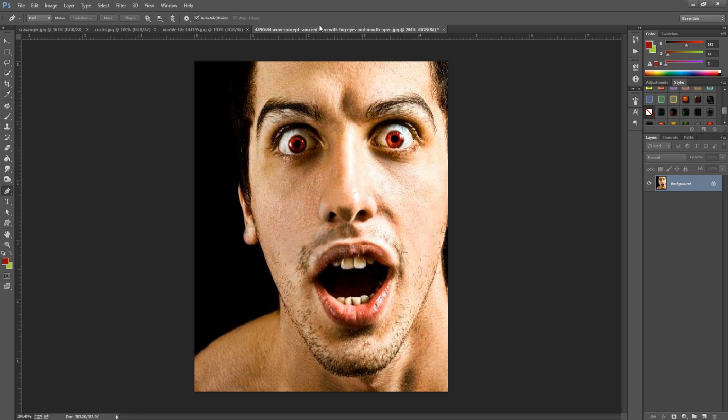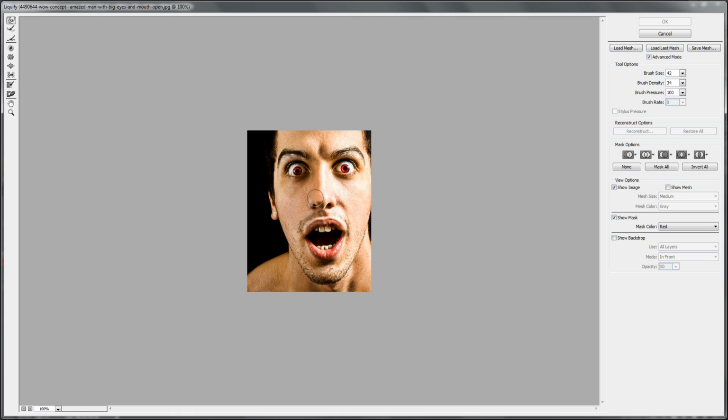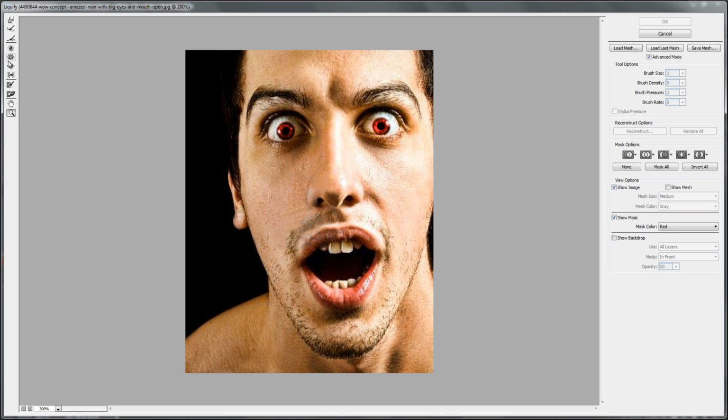And all we're going to do from here is go up to liquify, so filter, down to liquify, and we're just going to zoom in. And we're going to go to the bloat tool now, so find the bloat tool on the left hand side, and we want to change the brush size down just so it's the size of our eye. So each picture is going to be totally different, so the brush size is going to be totally different, but you want a brush density of around about 50 and a brush rate of 80. So we're just going to make this bigger,